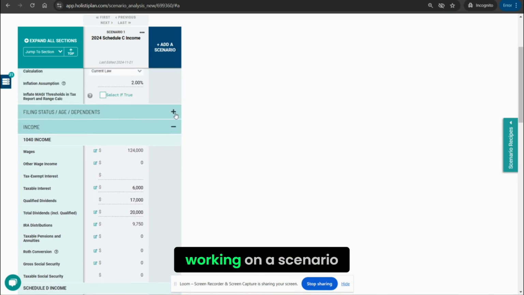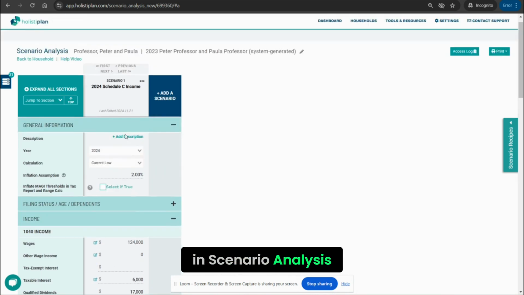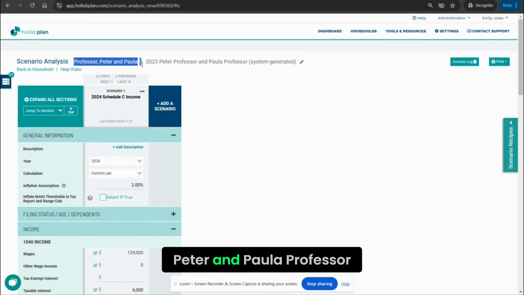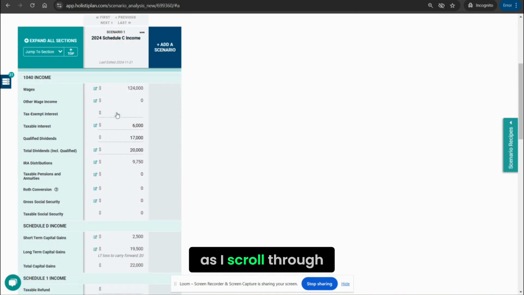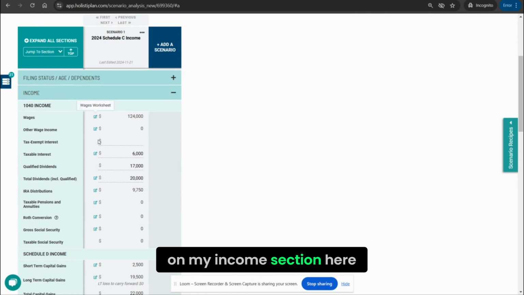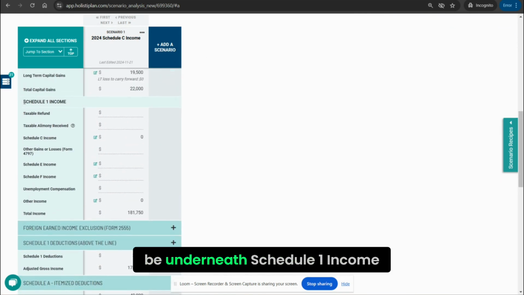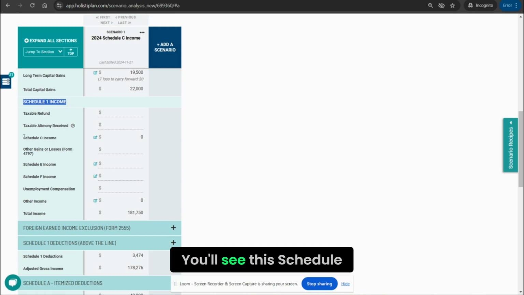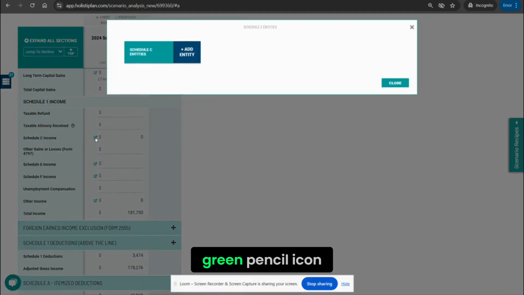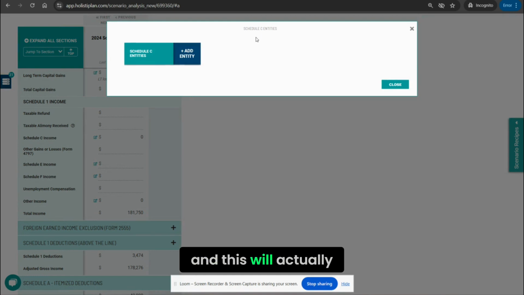So, when you are working on a scenario in scenario analysis, and in this case, I'm working with the Peter and Paula Professor demo client household. As I scroll through my income section, it's actually going to be underneath Schedule 1 income. You'll see this Schedule C income line item, and then you just want to click on this green pencil icon, and this will actually open up what is almost like a very abbreviated or smaller version of